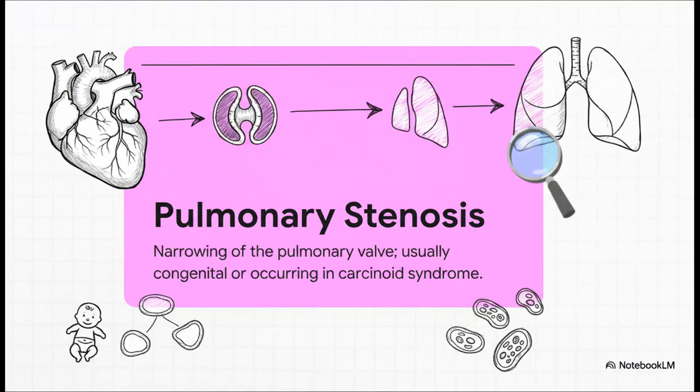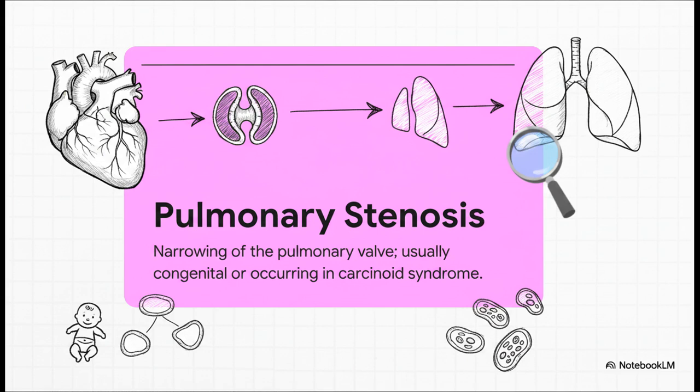Let's start with our heavy hitter, pulmonary stenosis. Fundamentally, this is a narrowing of the pulmonary valve. It actively prevents blood from flowing easily out of the right ventricle and into the lungs. Now, while it can be acquired later in life, sometimes showing up in what's known as carcinoid syndrome, we're mostly looking at a congenital defect here. This means patients are typically born with it, either as a totally isolated issue or packaged with other abnormalities like